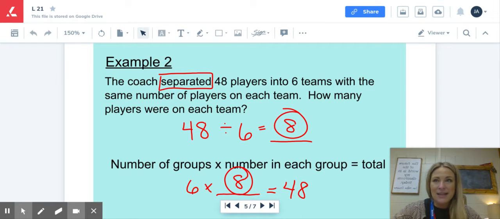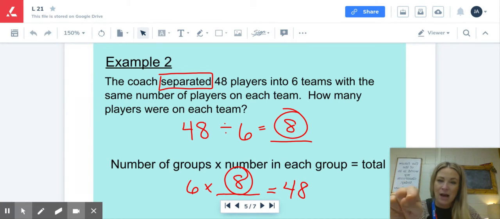I want you to see the 2 different ways of thinking about this problem. Both are correct. It's just how your brain thinks about math. And really good mathematicians, if they think about one way, then they challenge themselves to think about the other way too. More ways to solve, the better. So the first way you can see I've